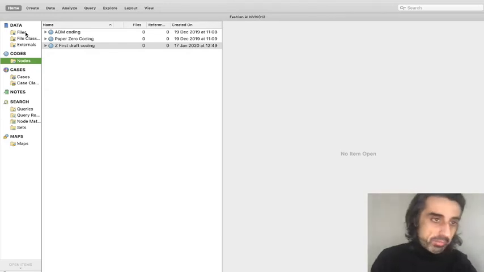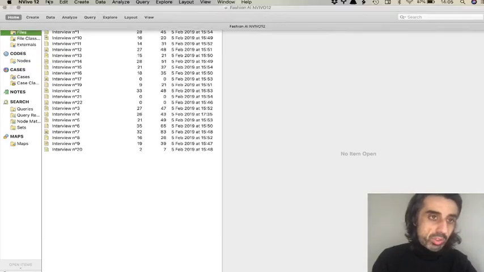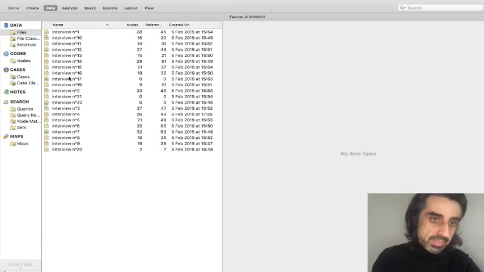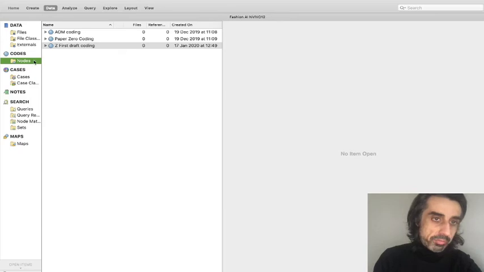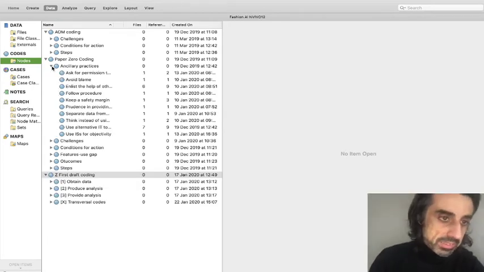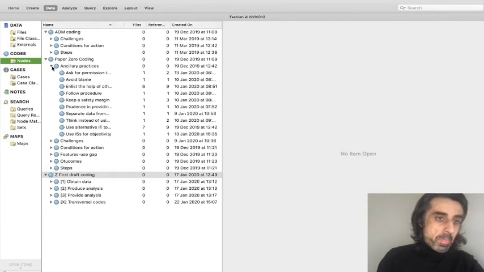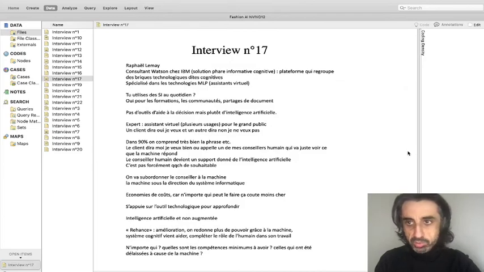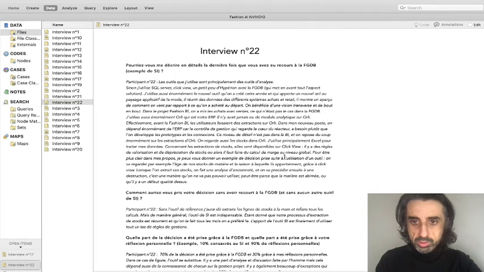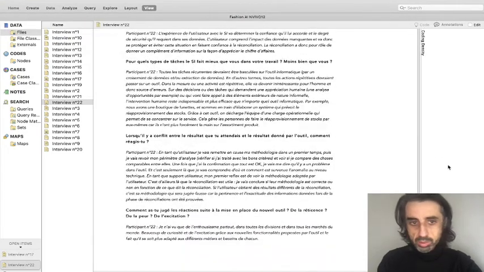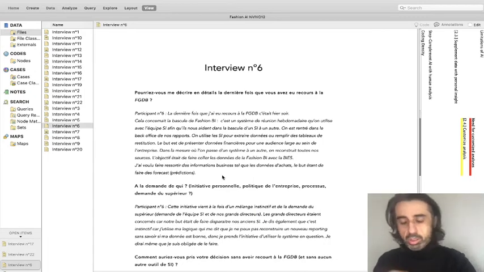So if you look at NVIVO, you have files where you keep your files, right? And you do that by importing documents, as easy as that. Then you have codes, which is where you keep your codes, okay, and you can keep them in a structure like this. And then you have the coding tool, right? So if you want this data in French, so that's why you're not seeing the interviews. Sorry, let me just make sure. Oh, weird. Oh, there you go. Okay, and so